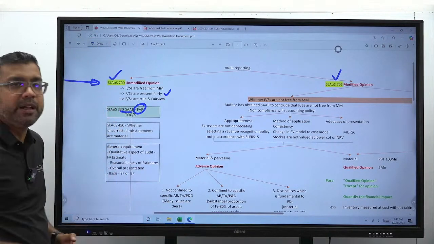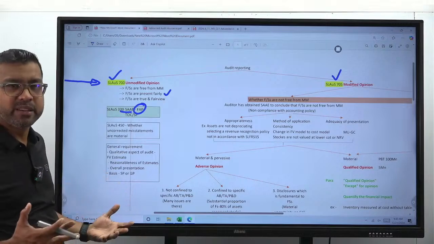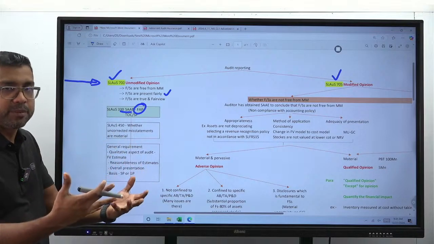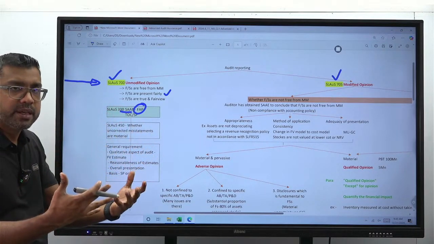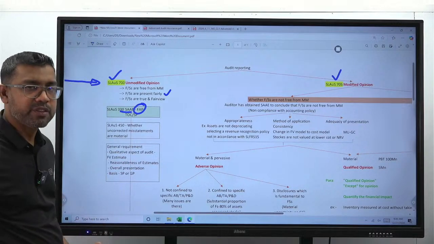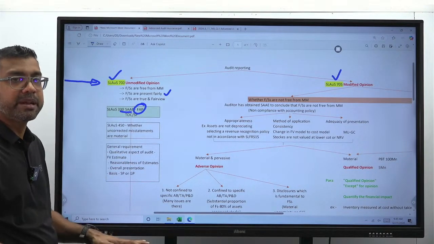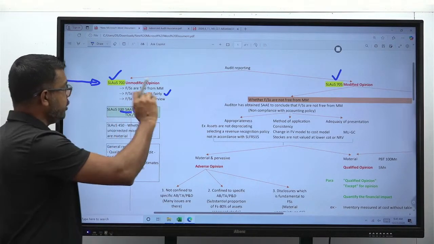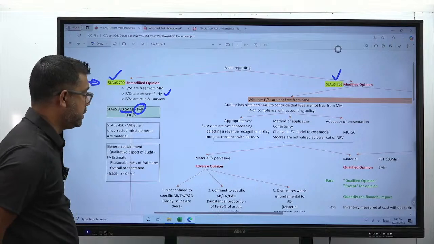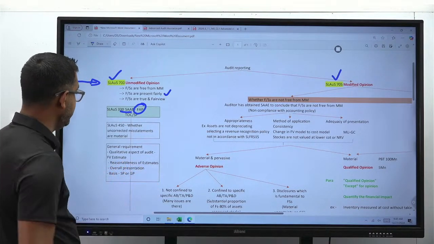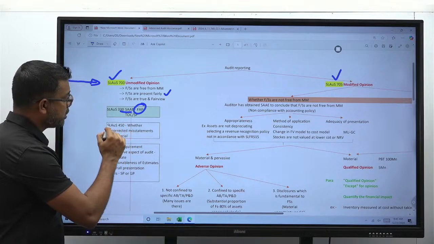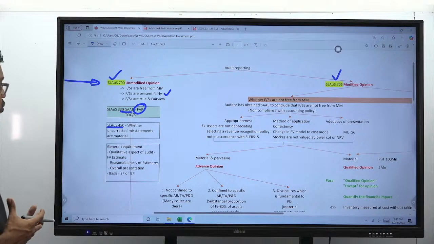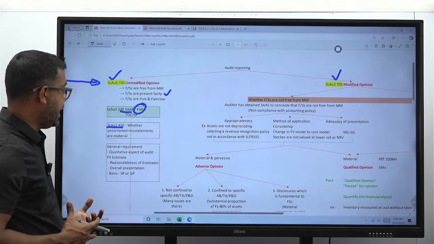Once you plan your audit properly and identify risk, what does planning say? Identify and assess risk of material misstatements. Once you identify risk and respond to the risk, you will gather sufficient appropriate audit evidence to say whether financial statements are materially misstated. That's the whole story. Fine. So after you collect sufficient appropriate audit evidence about the material misstatements, SLAUS 450 asks us to evaluate and see whether